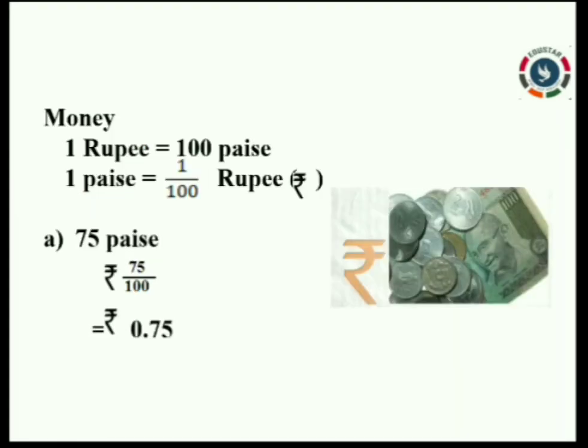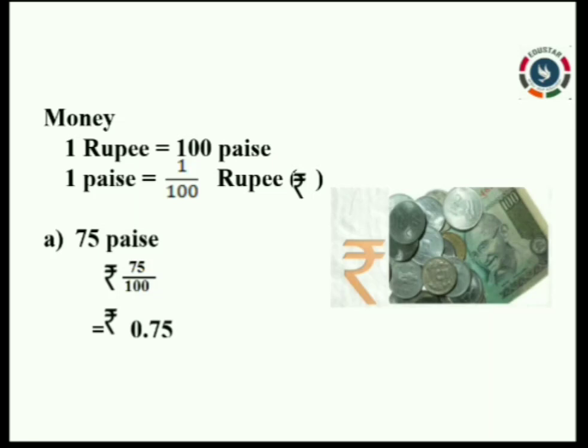Next one is money. How do we use decimals in money? In money also, we have two sets of currency in India, right? We have rupee and paise. What is the relationship between rupee and paise? 1 rupee equals 100 paise. So 1 paise is equal to 1 by 100 rupees. Let's see some examples. First one,